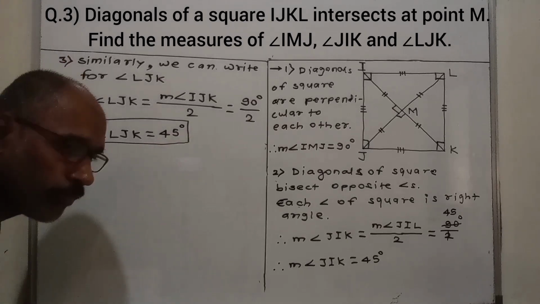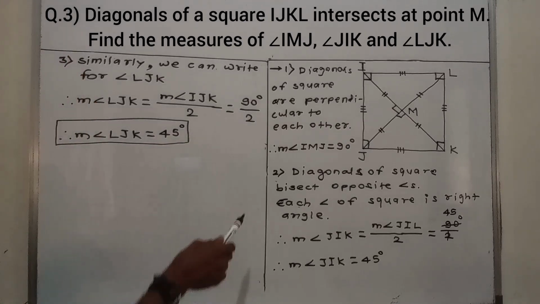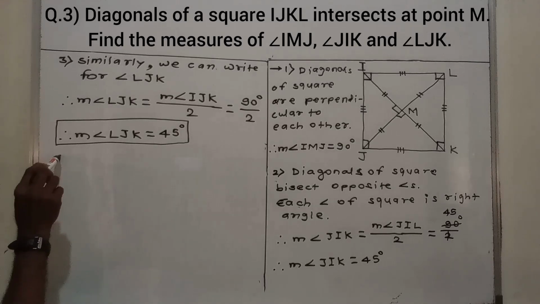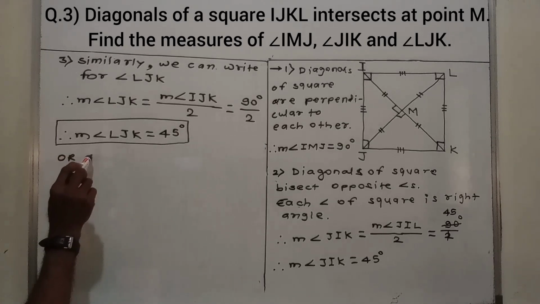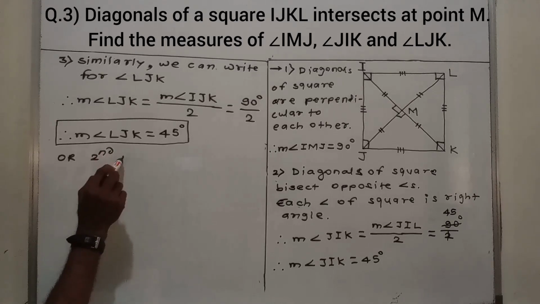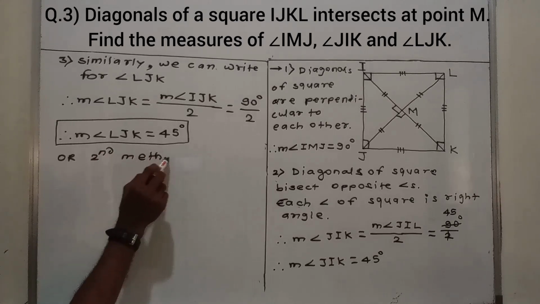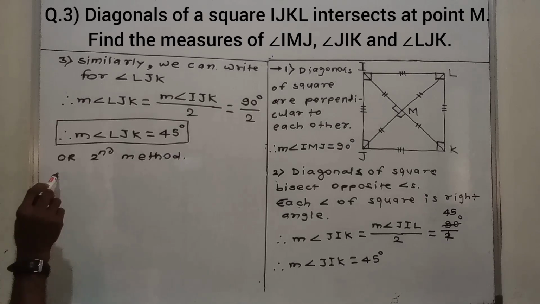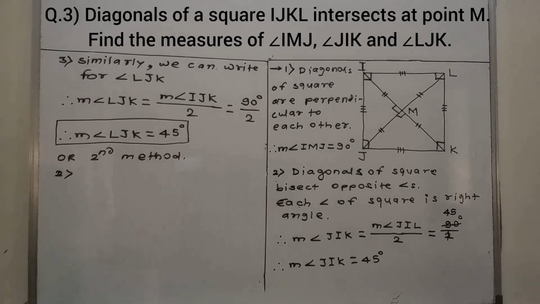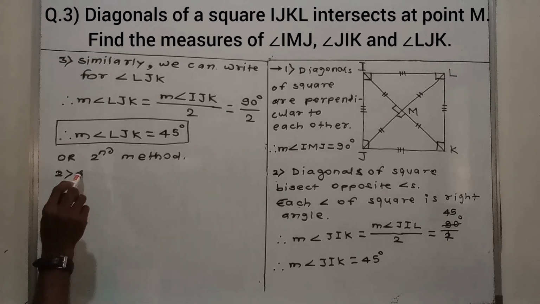We can also find the measures of these two angles by another method, or second method. See here, our second answer. Okay, which angle? JIK. We want the measure of JIK. Now here,